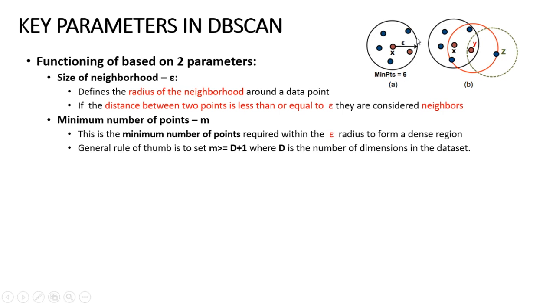So let's say this is one group. Okay, this is one cluster. So basically epsilon is the radius of the cluster. Okay, so it defines the radius of the cluster. And if the distance between 2 points